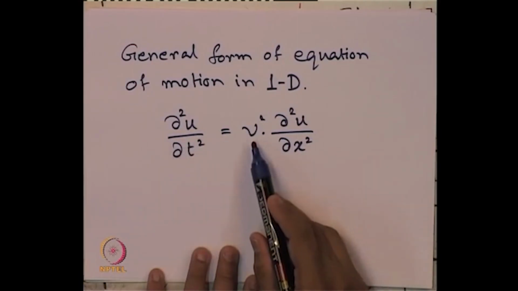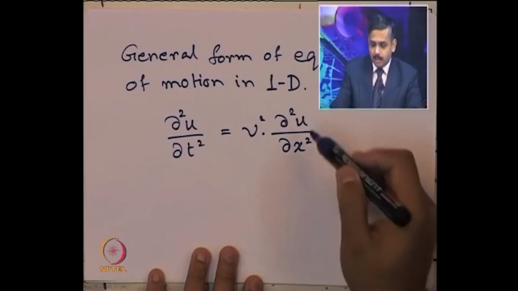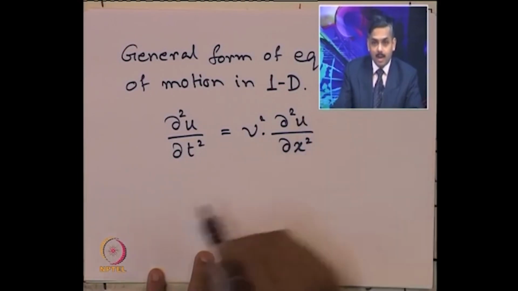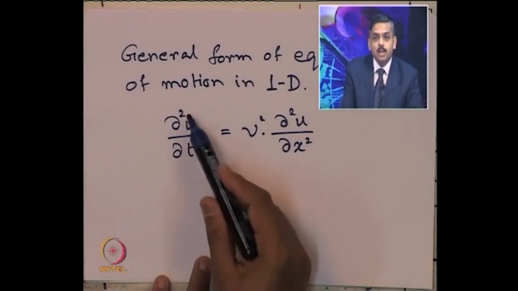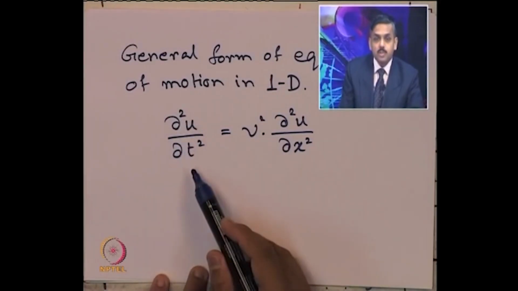V should be V p in the case of longitudinal wave, and it will be V s in the case of torsional wave. Also, u is the displacement for the case of longitudinal wave, and theta or rotation for the case of torsional wave. But the basic form of the equation is like this, that is, you differentiate the displacement 2 times with respect to time,